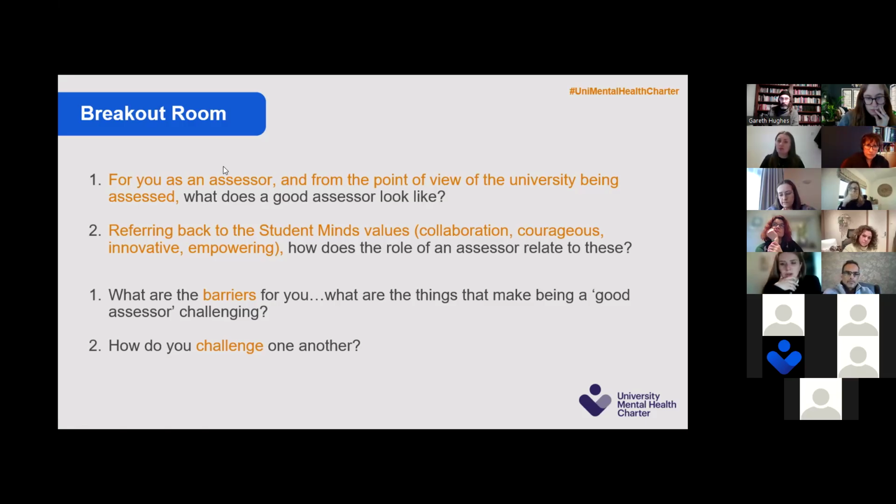So we'll do about 10 minutes, I would say, just to unpick these questions. We'll come back at 2 minutes past 4 to get feedback from the groups. Oh gosh, I should tell you which questions you're discussing. That would be an ideal scenario, wouldn't it? So I assume they're referred to as breakout room 1 and breakout room 2. If breakout room 1 takes the first 2 questions and breakout room 2 takes the second.